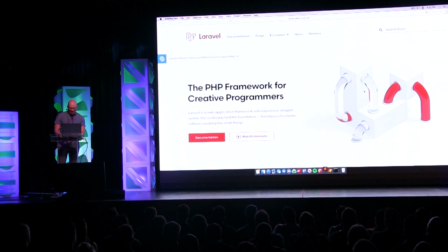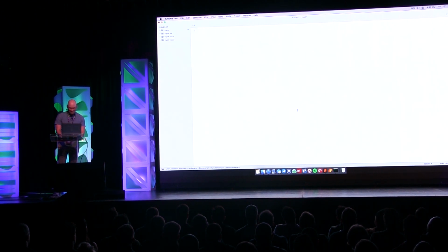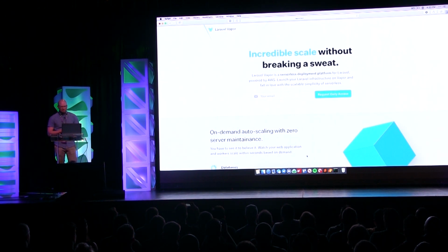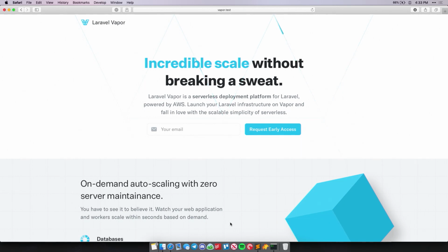All right, so I have been hiding this Vapor marketing page for quite a while, but let me just pull that up for you now. All right. So this is the landing page for Laravel Vapor. Similar to Forge, it is a hosted platform that you can link your AWS account and gives you an entire serverless deployment platform for Laravel, finely tuned for Laravel. We even made small tweaks within Laravel itself secretly over the last few months to make sure this experience was really seamless, really nice. I think you'll really like it.